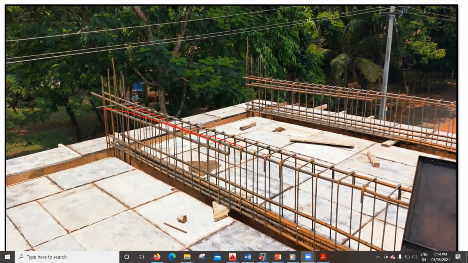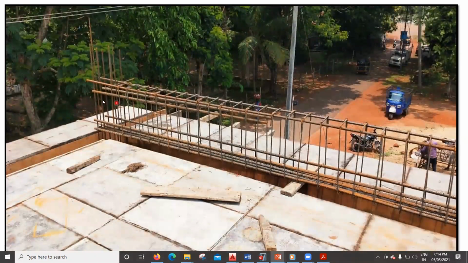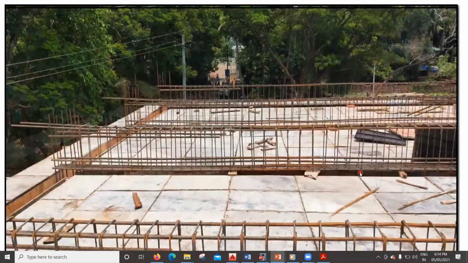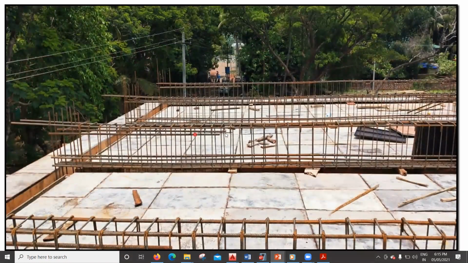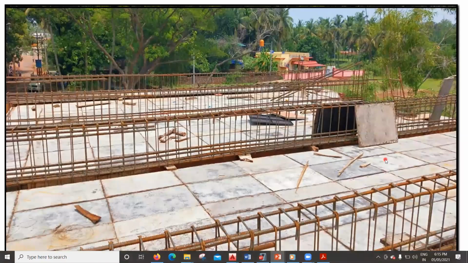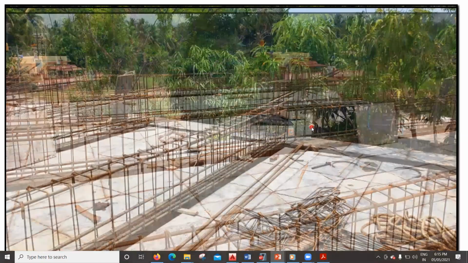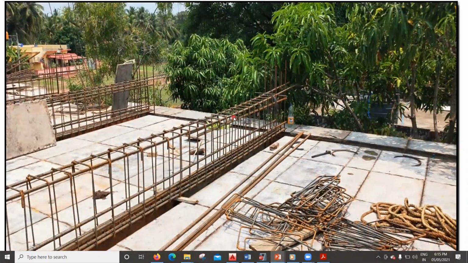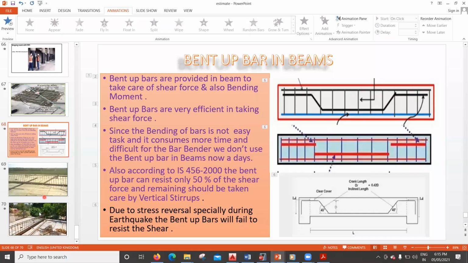Okay, I'll show you one more image for that. See here as well, only up to here, only up to here, and at the bottom we provide another extra bar in this direction. See, this is one, this is one, we have stopped it. Here also we have stopped it. Okay, so we don't provide the crank. Full bar we provide only at the bottom, and that is called a curtailment bar. It's the same thing I have put. Yeah, same thing on both sides you have to do, that is left and right.